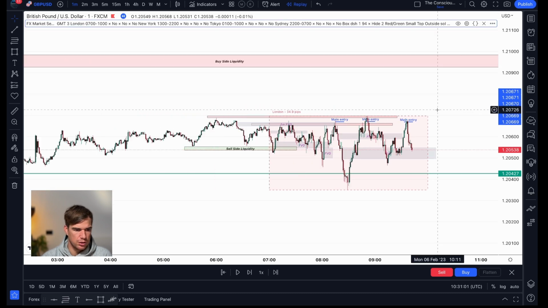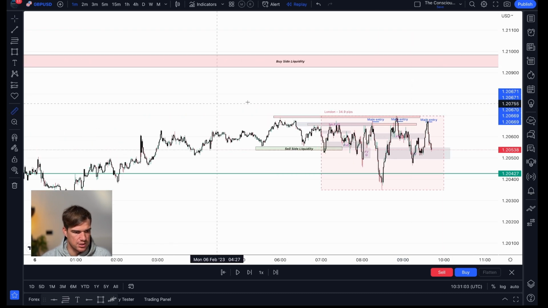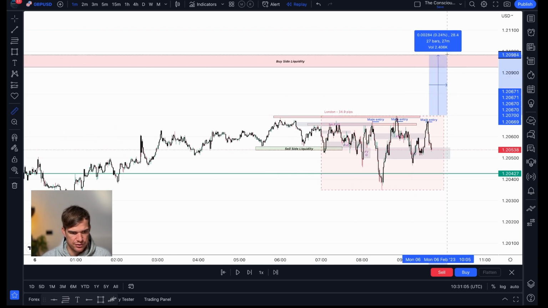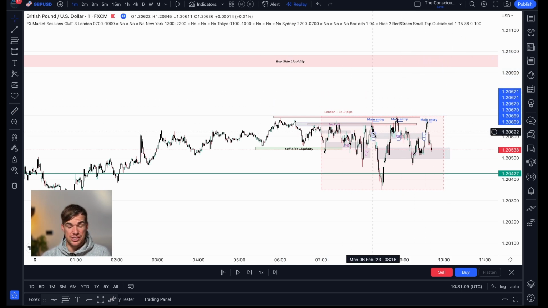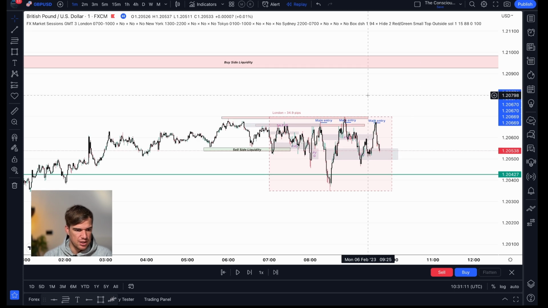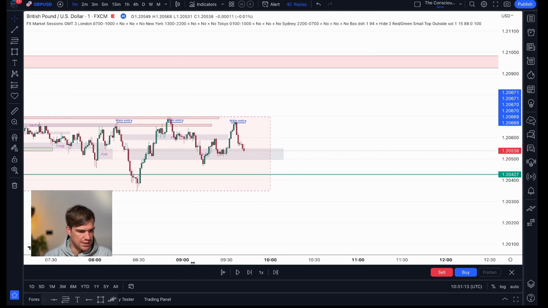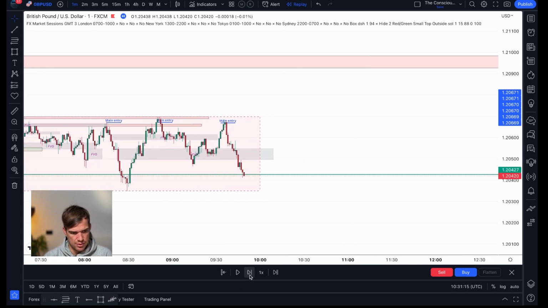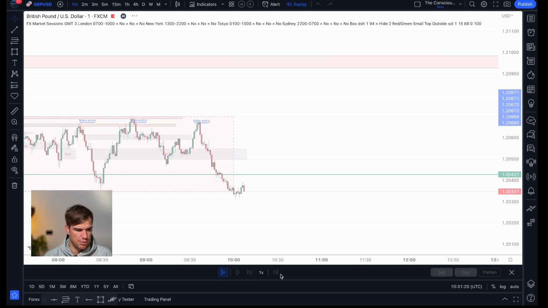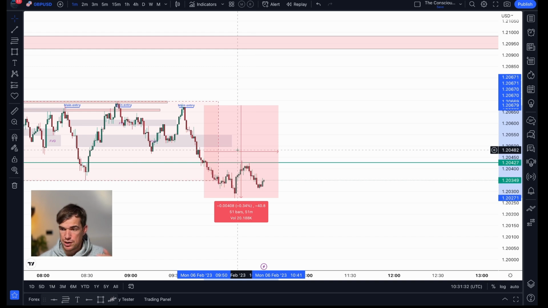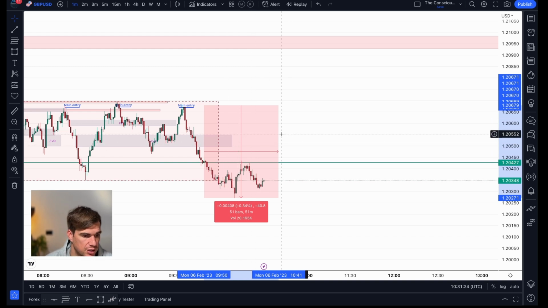Where it could have gone, it would have to go all the way to the top here to shift for that buy side liquidity, and then I would be able to do the same but in reverse. So I had my 3 main trades that then continued down and into target. And if we look at the current price, 40 pips on 3 positions, that's really, really good.